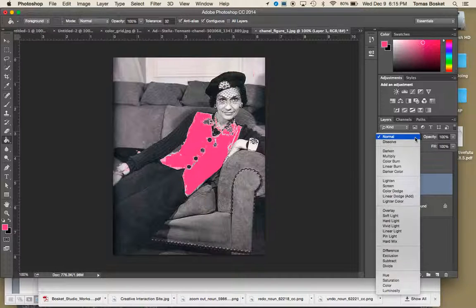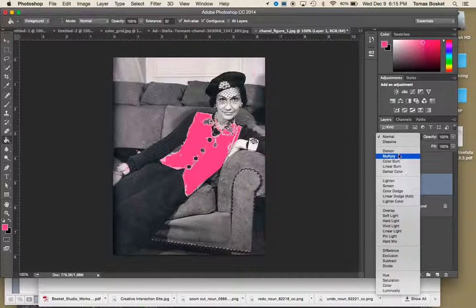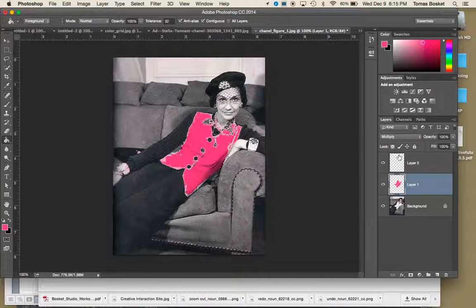And now I'm going to go to what is called the blending modes. In the layers, I go multiply, and it shows the shadows and all behind her. Now you can see it's messy. It's a little fuzzy or whatnot. It's not covering her that well. So what I could do is reload that selection. So select, load,